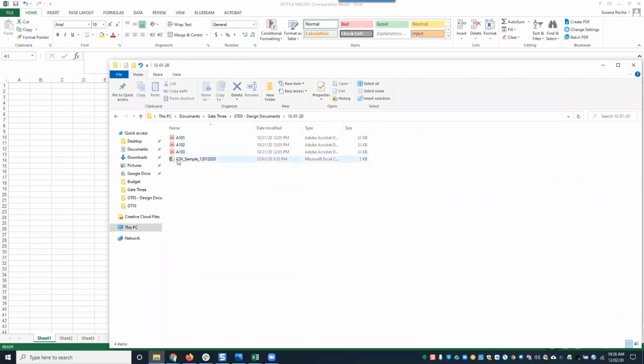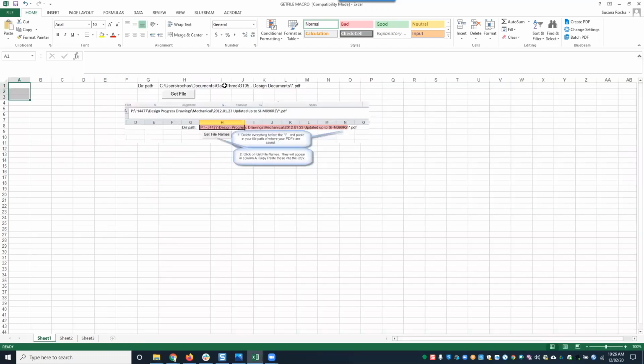Okay, so here are my drawings. I have that CSV file that we were discussing, right? And then here are my drawings. So to find my directory path, I'm just going to come over here, click, and this is my directory path. So what I want to do is copy this path, so Control C, and I'm going to